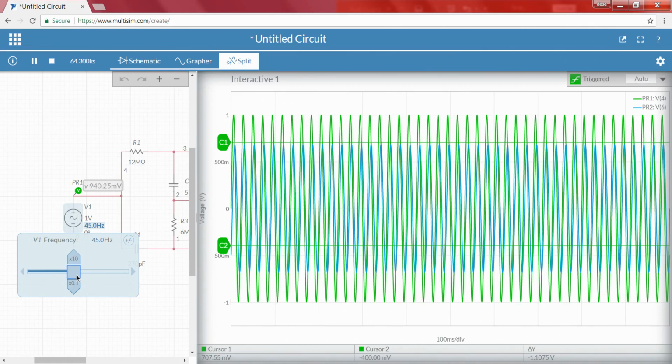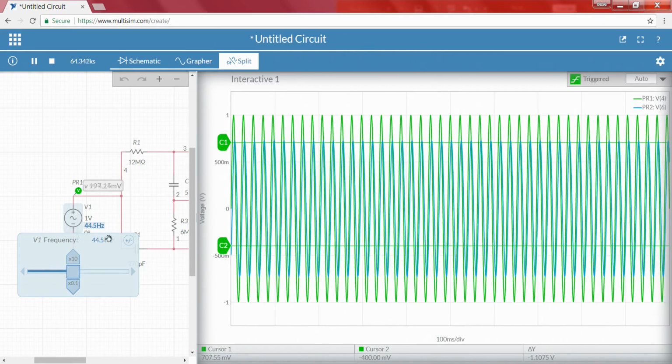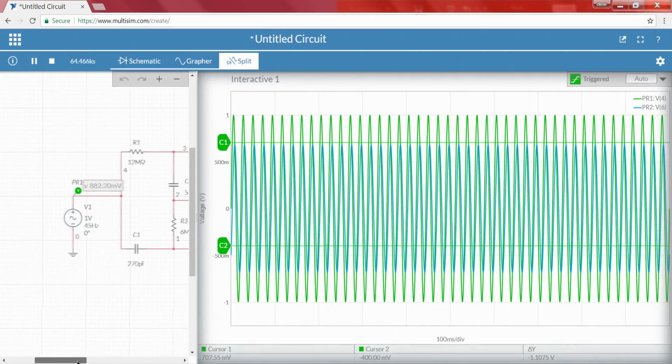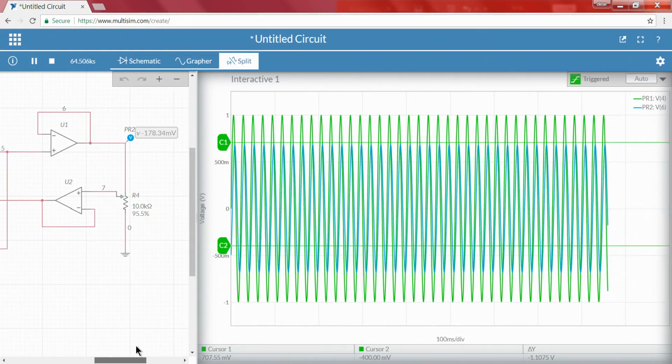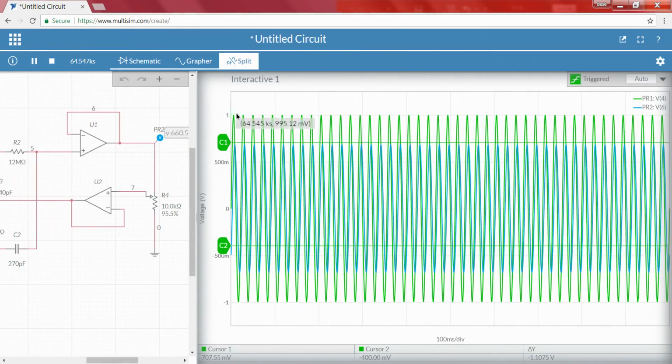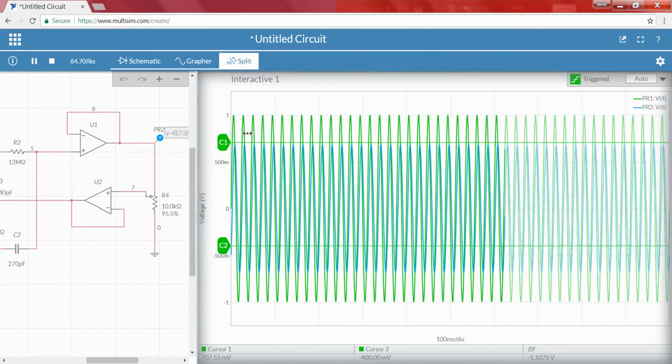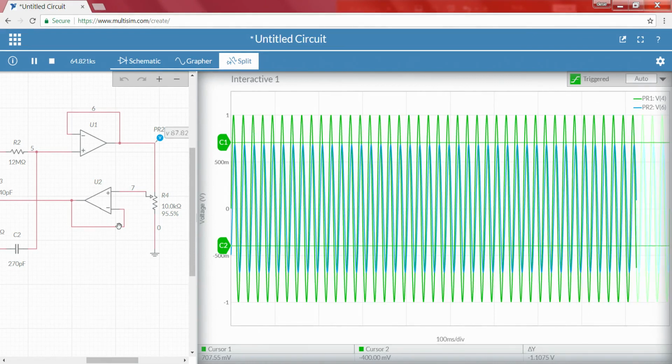Now, if I slowly increase, 44.45, let me take 45. Okay, see, there is a drastic change from 44.5 to 45 itself. Since our interest was somewhere around 50 hertz, within the range of plus or minus 5 hertz, from 45 hertz to 55 hertz I am completely eliminating. Even if that is not required, we can change this R4 resistance to some other value. So we can see a very drastic change, narrow banding of the frequency, everything.